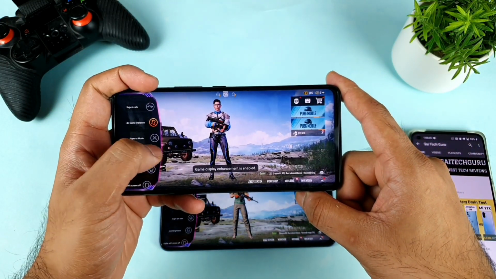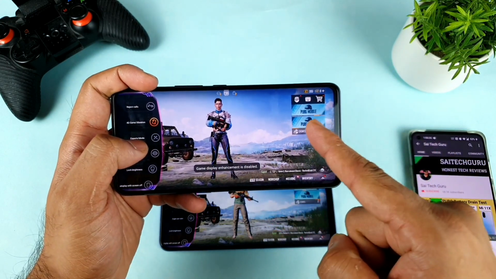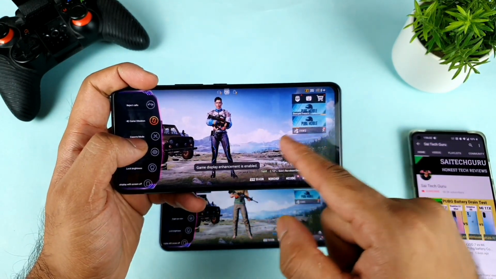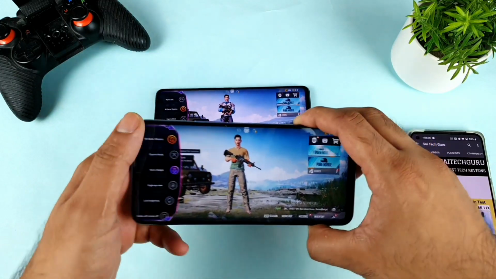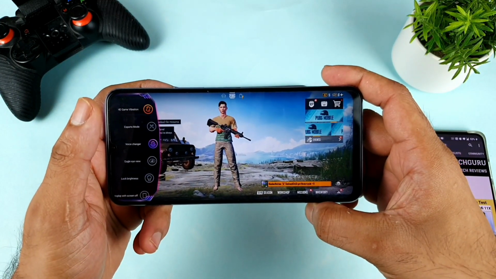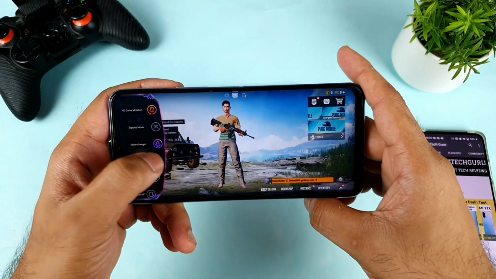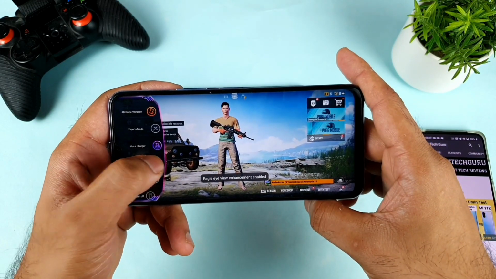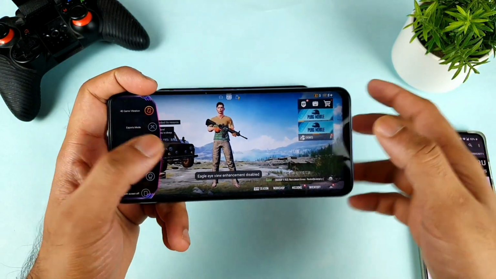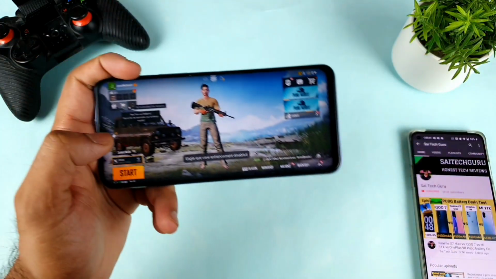But this is the quick comparison friends, and you can see the flickering is also going on in the iQOO 7 device if you notice, little by little, but not happening in the iQOO Z3 device in terms of flickering. You can see the same time. So that's one thing I thought of mentioning right now. Let me start the gameplay and show you the difference as well.